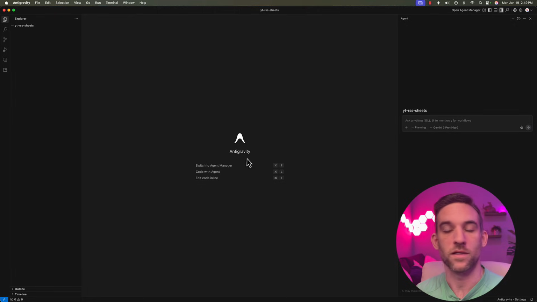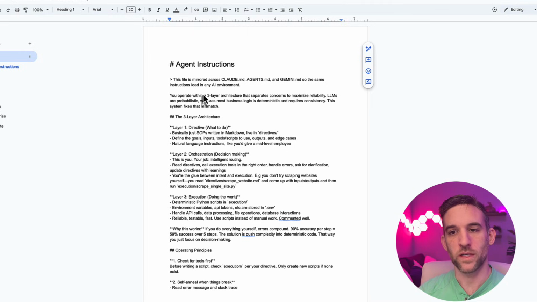Then here in the center, this is basically our editor where we won't be doing any code, but this is where all of the code within the files will be displayed. And then on the right-hand side, this is our agent. This is what's actually going to help us create everything that we want to build. What we're going to build here is we're going to use an agents.markdown file that we're going to use from this Google Doc, which you will have access to.